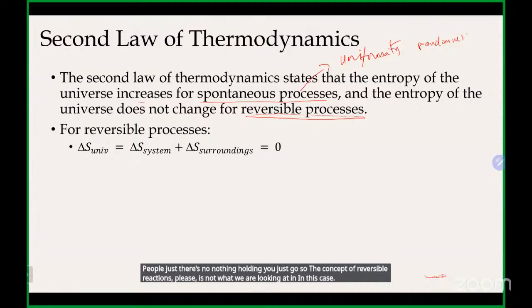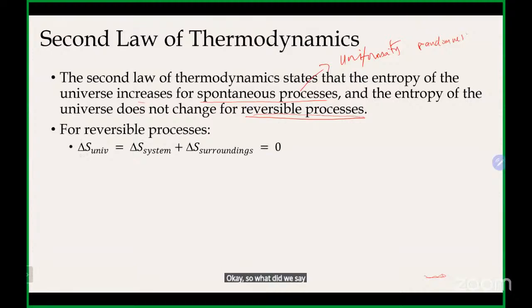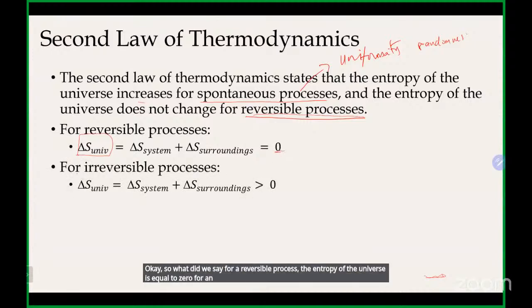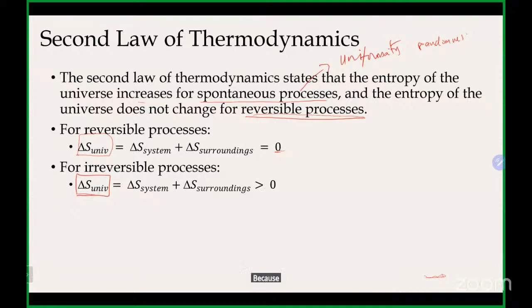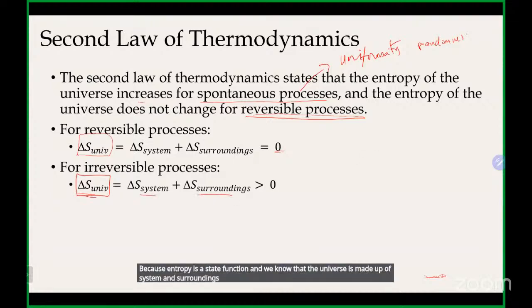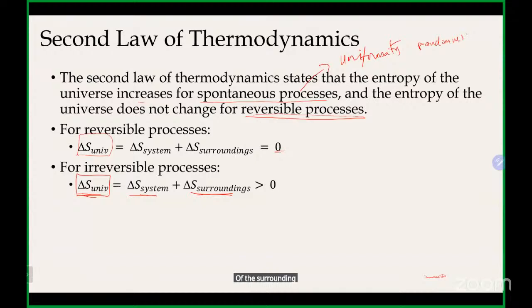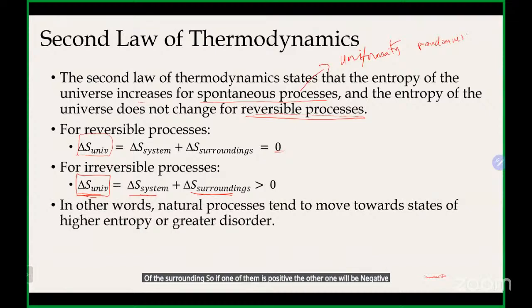Okay, so what did we say? For a reversible process, the entropy of the universe is equal to 0. For an irreversible process, entropy of the universe is greater than 0. Because entropy is a state function, and we know that the universe is made up of system and surroundings, the entropy of the universe is always equal to the sum of the change in entropy of the system plus the change in entropy of the surrounding. So if one of them is positive, the other one will be negative. Long and short,